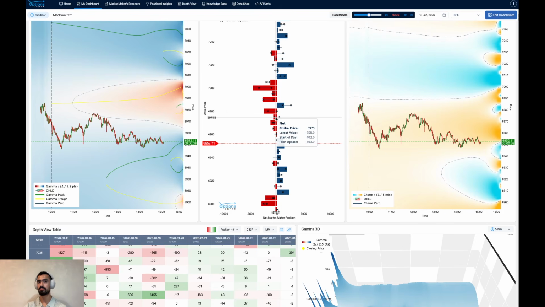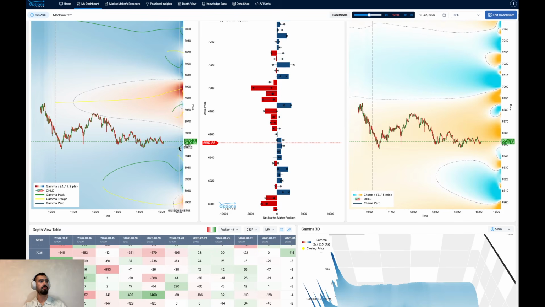I like to look at this peak before in the session because it gives me an indication that there's a high concentration of market maker long options, right? In our pre-market overviews, this is what I refer to when I say peak in gamma exposure. We're looking at these peaks. Right? This is a moderate to mild peak in gamma exposure. And we can see that this stack of positive market maker